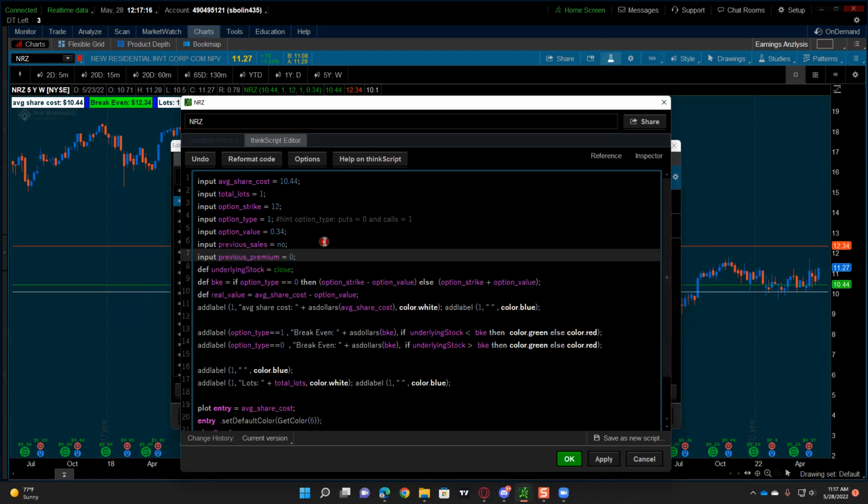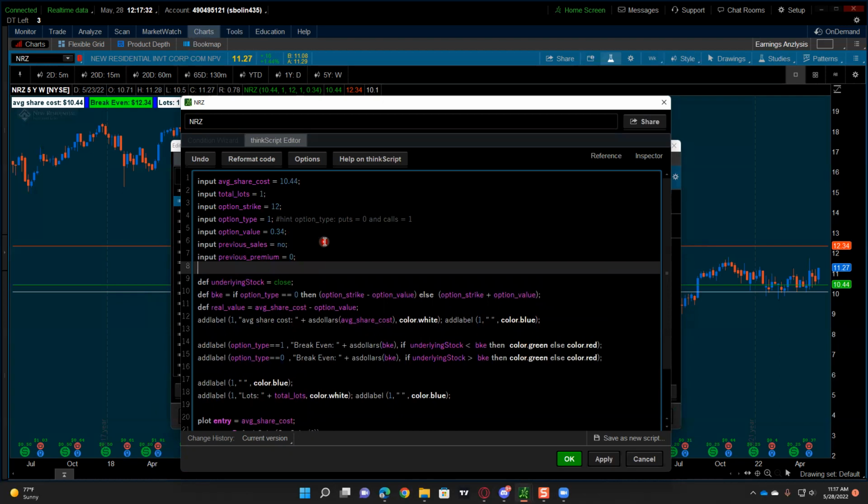And what I would recommend if you are going to use an indicator like this is when we talk about having a journal and where's the journal and how much information is in that journal, and then where are we going to store it and keep it. If you use this indicator as a place to put your journal notes, you can use the hashtag, and then you can type in what your previous trades were, what if you had sold options before this day. I'm going to put an example in, even though I don't have any previous sales, right? So